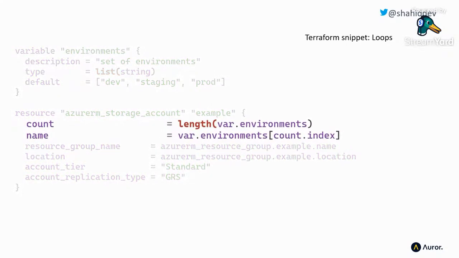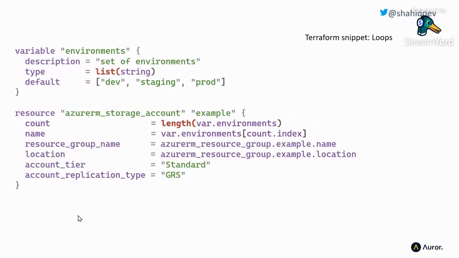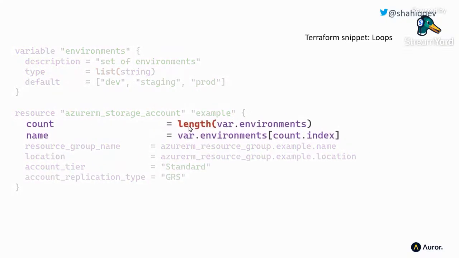Terraform does this slightly better. So we're looking at the length of the array. So up here we've got an array. Sorry, I zoomed through that a little bit. So up here we've got an array of environments. And then we're doing the count trick again. So length of the array, but now the name is, we're basically indexing into that. So this syntax is slightly more readable, but again, would you necessarily remember it? And again, these are actually reasonably straightforward examples.